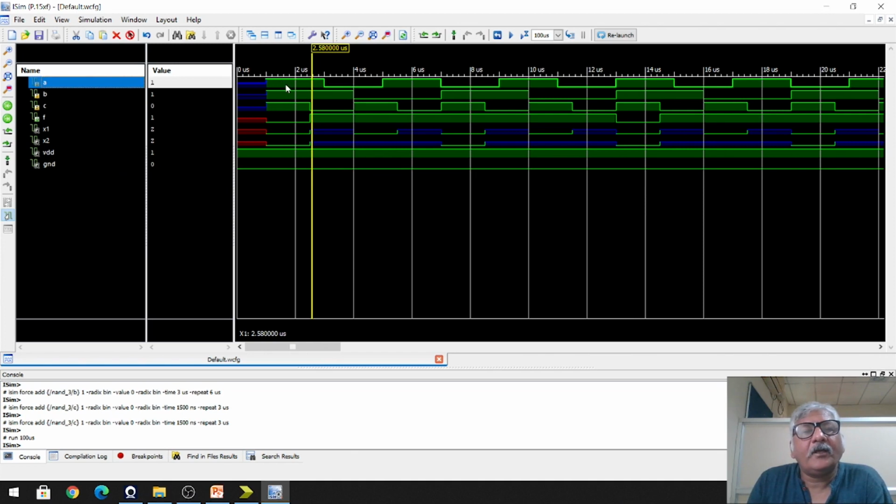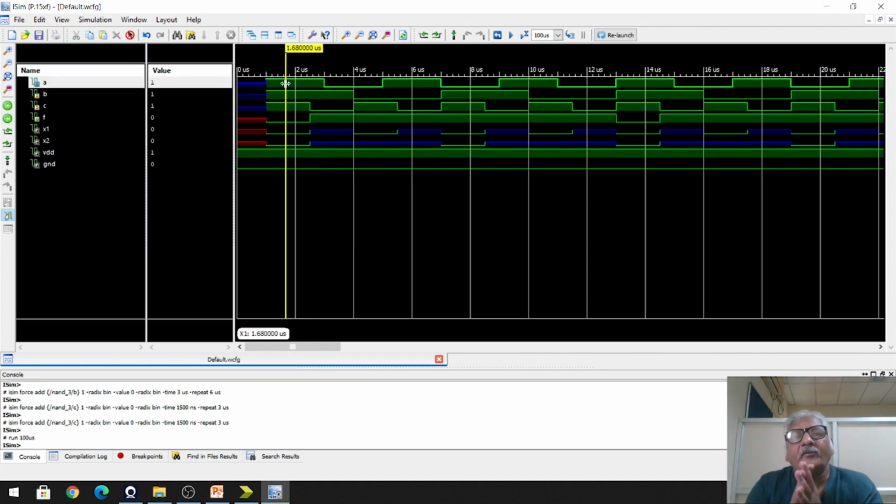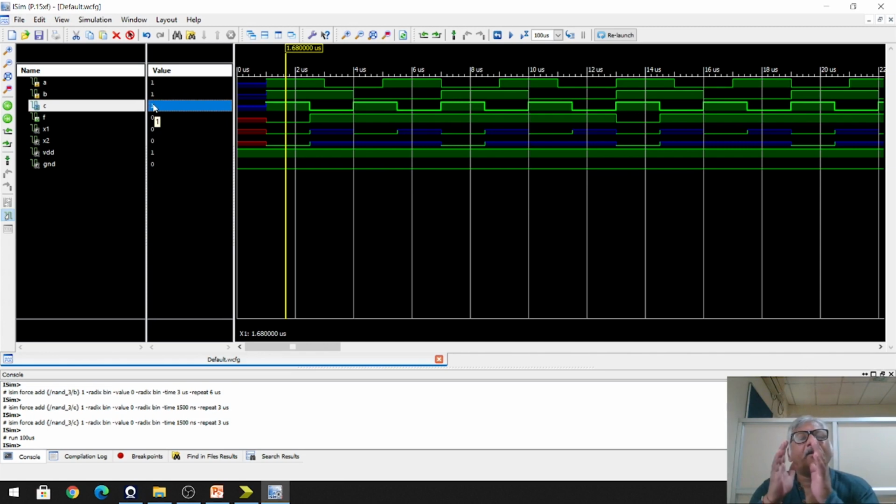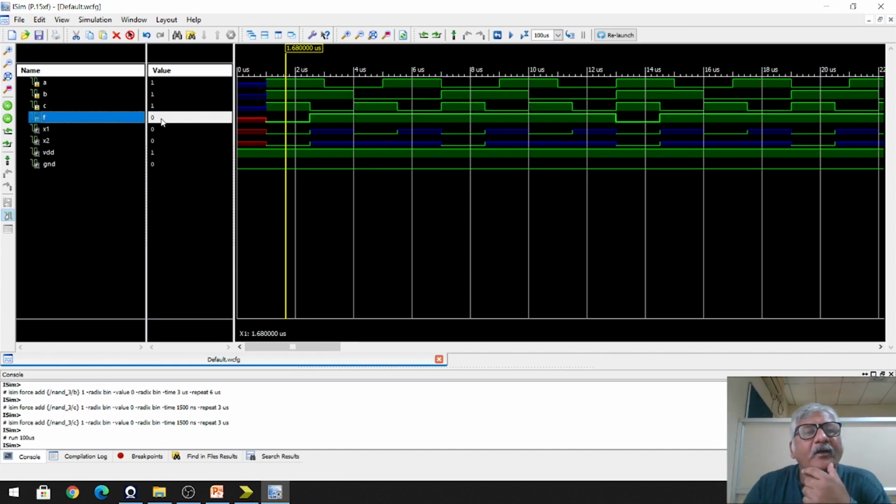Right, so we have written this code for the NAND gate. Now you see what are the inputs. Inputs are A, B, C and these are 1, 1, 1. If all the three inputs of a NAND gate are 1, then the output will be 0. So you check the output F is 0.